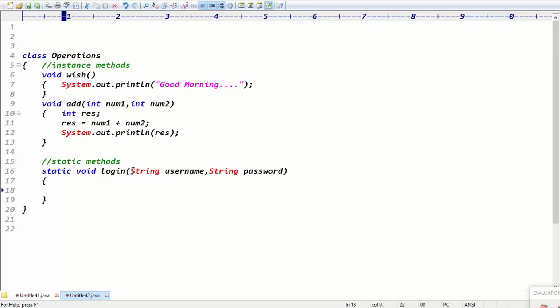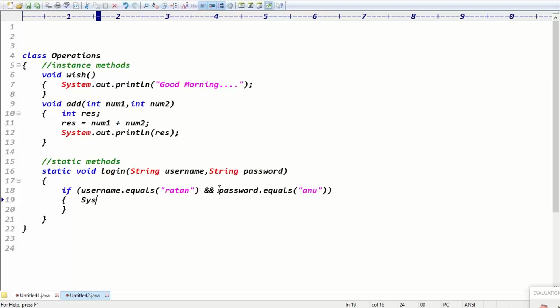Guys, inside the method, what will you do? Some functionality, right? So username.equals("Ratan"). Can I use the and operator? Single and or double and? Double and. We have to use a double and, right? Username.equals("Ratan"). To check the equality, the equals method is required. And the next one is what? You can check password.equals("1").